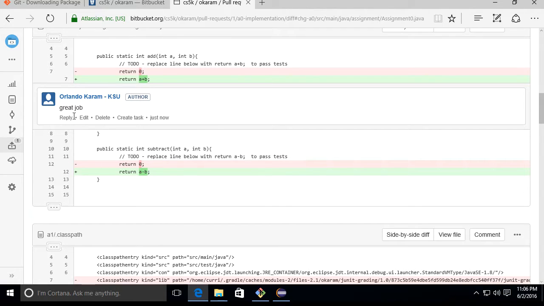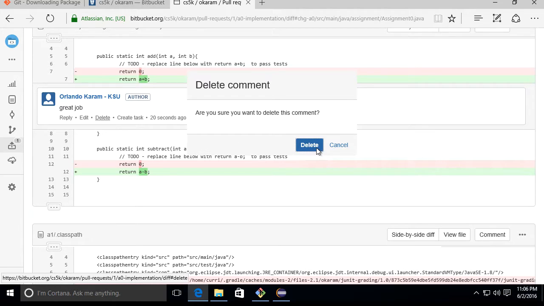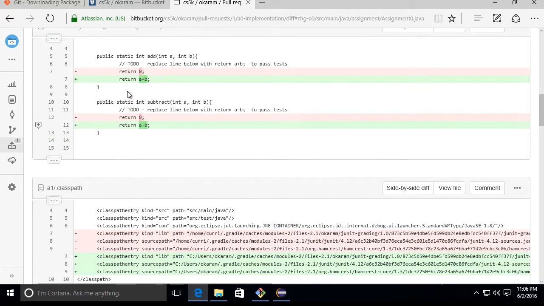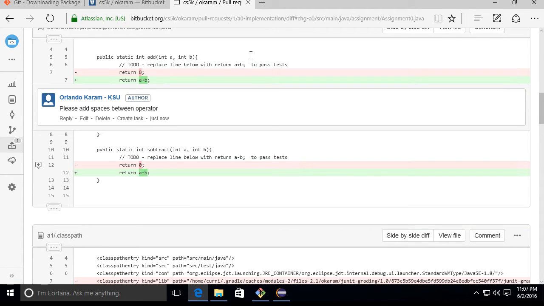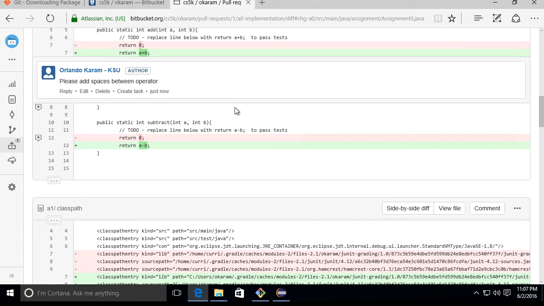Imagine that I tell you, let me delete this one. Imagine that I tell you, add spaces. The operator, I normally don't give a hoot whether you add spaces or not. But imagine that I tell you something meaningful, right? This is assignment 0. So something like this, right? What you would do is go back to Eclipse,